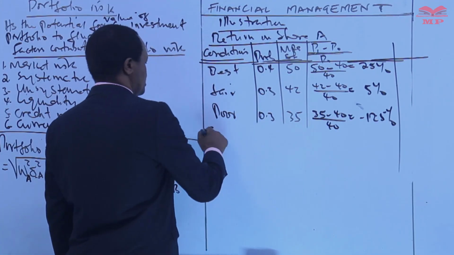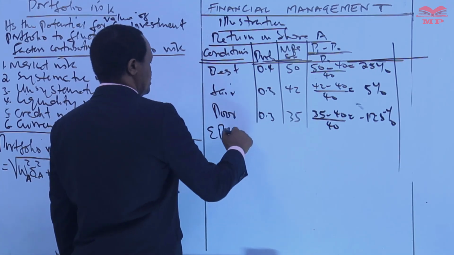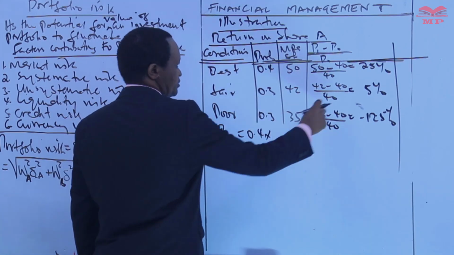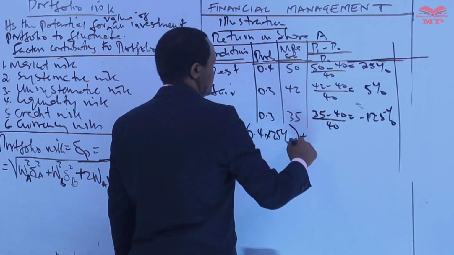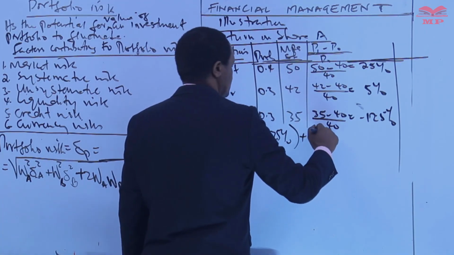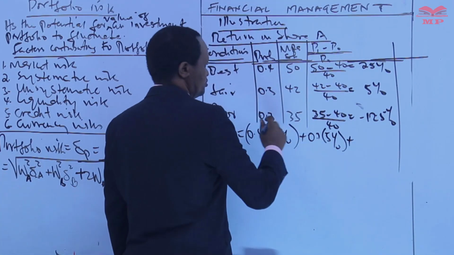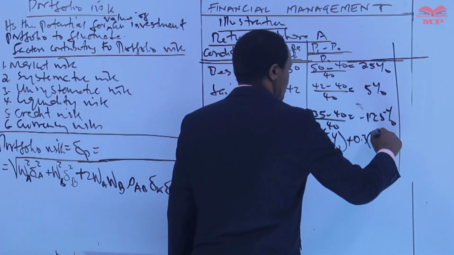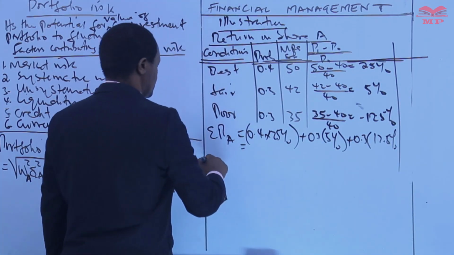So the expected return for share A will be equal to 0.4 times the 25% plus 0.3 times the 5% plus 0.3 times the negative 12.5%. Then the return